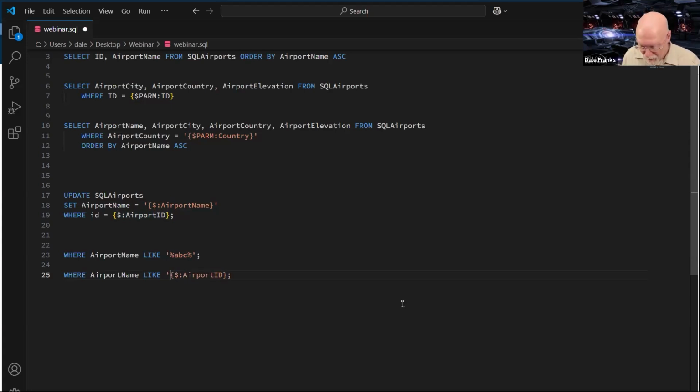You just need to have your name and your wildcard character, which is the % sign, and just need to do that again at the end, which in this case would be % and a single quote. And in this particular case, it will look for any airport name in the database where the name contains whatever text is in the airport ID field.